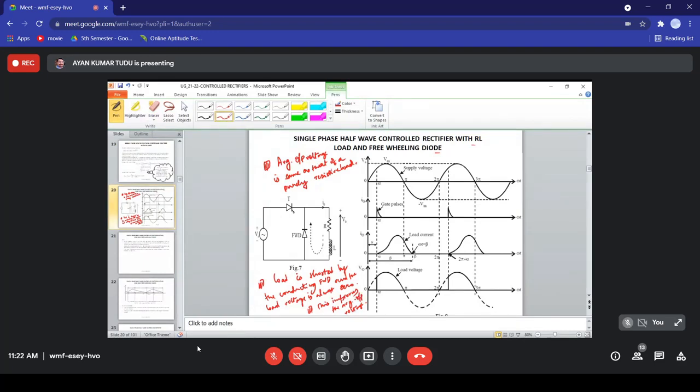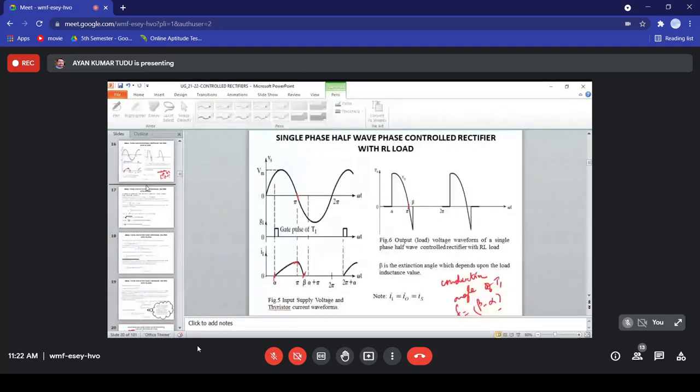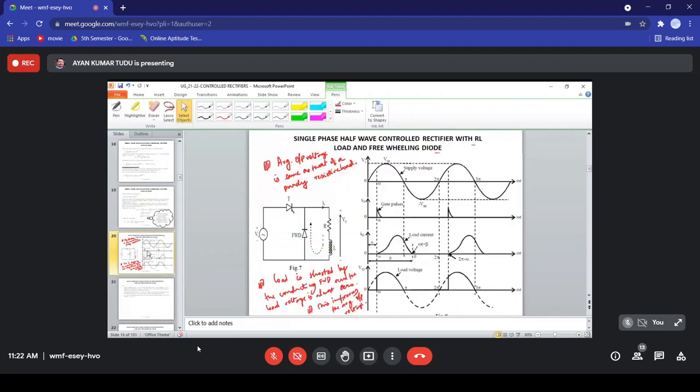So what can happen? One thing, as you can see here, what about the load current? The load current continues from omega t equal to pi up to omega t equal to beta, as in the previous case. Load current কিন্তু কোনো চেঞ্জ হচ্ছে না, কিন্তু আমার আউটপুট ভোল্টেজে কিন্তু ইমপ্রুভমেন্ট হয়ে গেছে. This is the load current waveform. লোড কারেন্টে কোনো চেঞ্জ হচ্ছে না, কিন্তু আউটপুট ওয়েভফর্মে এই নেগেটিভ পোর্শনটা আর থাকছে না, যার ফলে অ্যাভারেজ আউটপুট ভোল্টেজটা ইমপ্রুভ হচ্ছে.